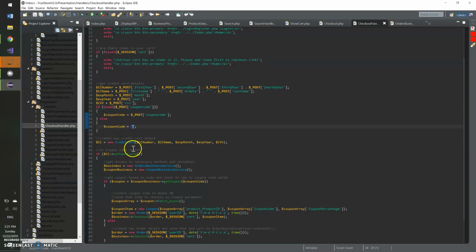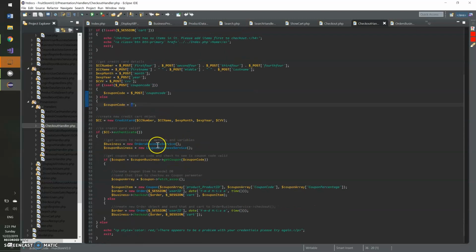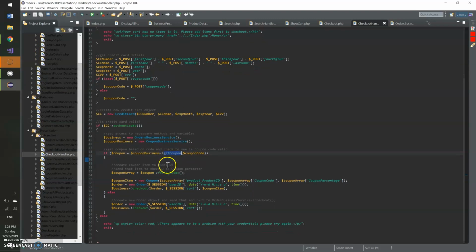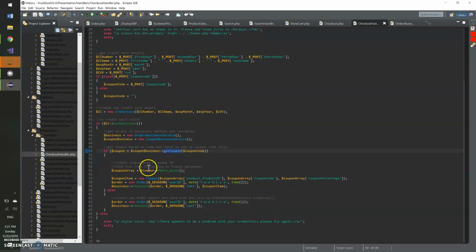And then it authenticates the credit card that we make and gets access to these two, and then checks to see if the coupon was set and also to see if it's valid. So this coupon business service get coupon thing here is what we'll check into next. Well, actually, we'll finish going through this. So then, if there is a coupon and a coupon was actually added into that form, we're making an array out of what it gets from the database, and then